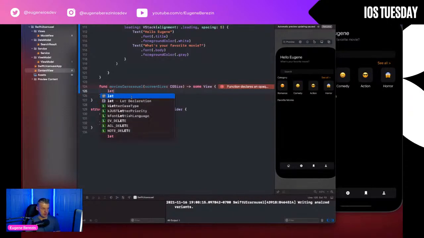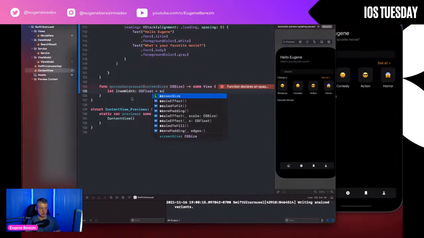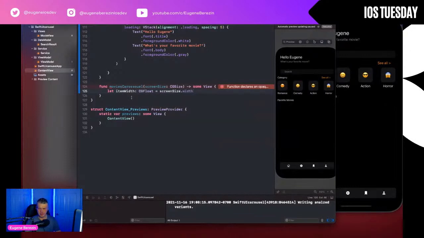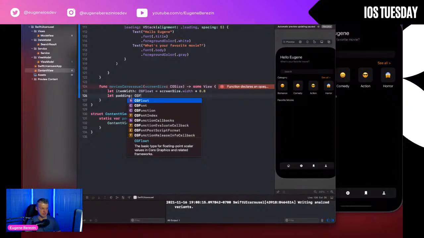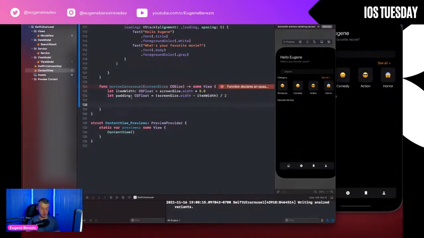So let itemWidth, CGFloat, equals screenSize width multiplied by 0.8, and padding, CGFloat, equals screenSize width minus itemWidth divided by 2, and we're going to return